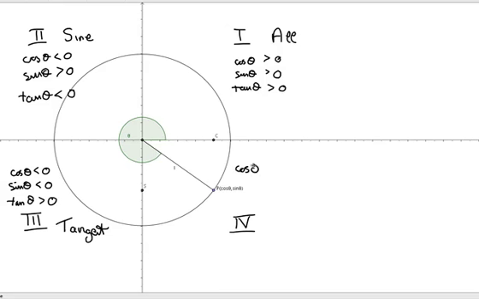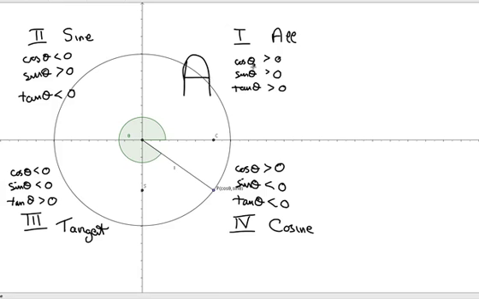Cos is positive, sine is negative, and therefore the tan, which is sine divided by cos, if you divide a negative by a positive, you'll get a negative answer. So in this case, only the cosine is positive. So we'll write cosine positive. So what I've got here is an indication and a diagram that hopefully you're familiar with, that they're all